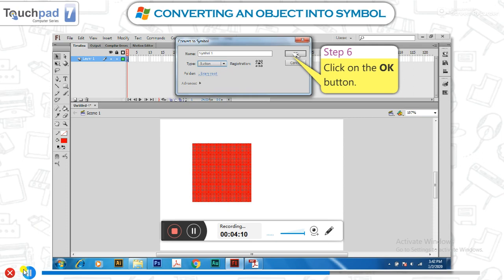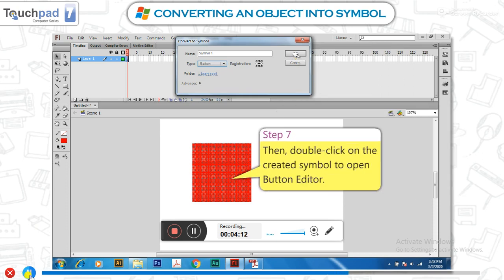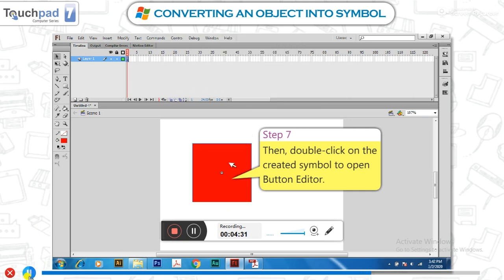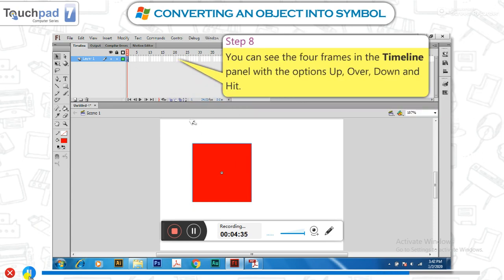After that, there are some more steps you have to follow. You need to open the button editor. Double click on the created symbol to open the button editor. The button editor now opens on the timeline.